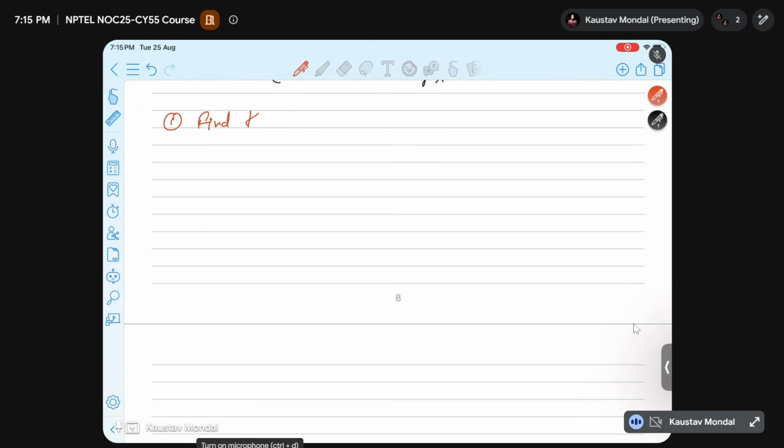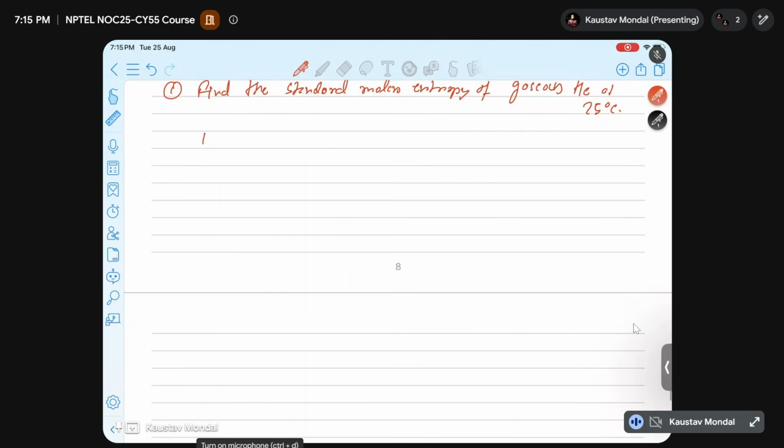Find the standard molar entropy of the gas helium at 25 degrees centigrade. Temperature is given, T equal to 298.15 Kelvin. P is equal to 1 bar, that is 10 to the power 5 Pascal,